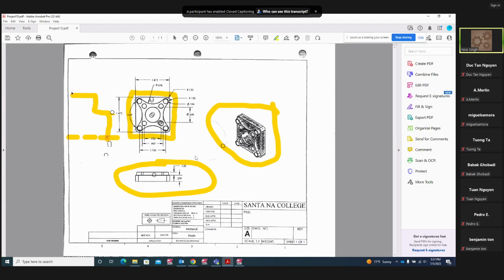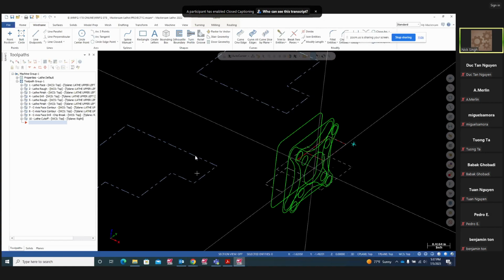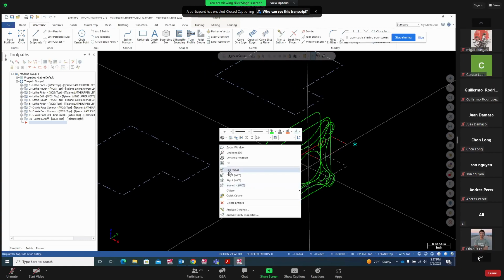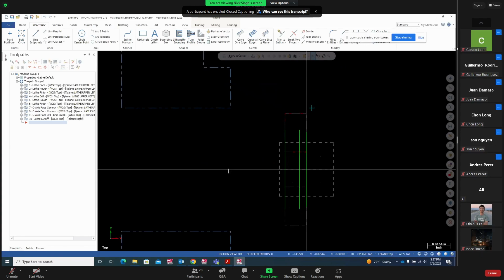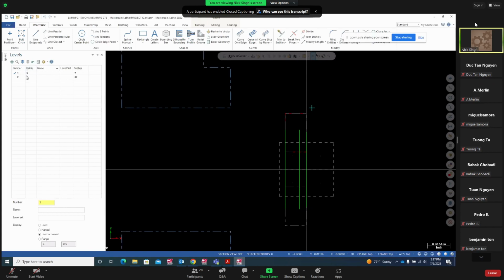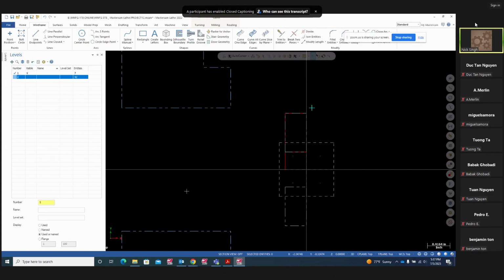So I already have a part. Let me show you, and then we can go over this part. So just bear with me. Let me bring that program right here. If you look at this part right here, I'm looking at the top view. So in the top view, under level 1, I'm going to turn that off. So on top view,